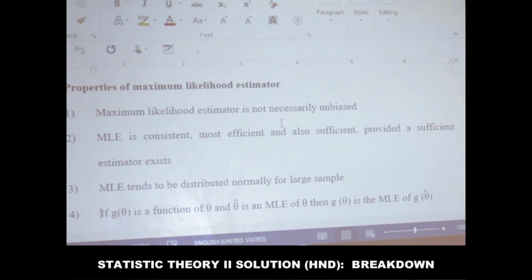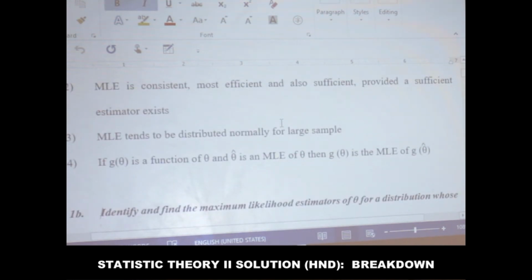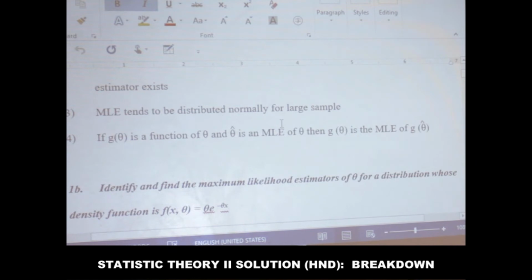It is efficient in the sense that MLE is very important for those people doing estimation. The statisticians use MLE because it is consistent, it is efficient, and it is also sufficient when carrying out estimation. The third one, MLE tends to be distributed normally for large